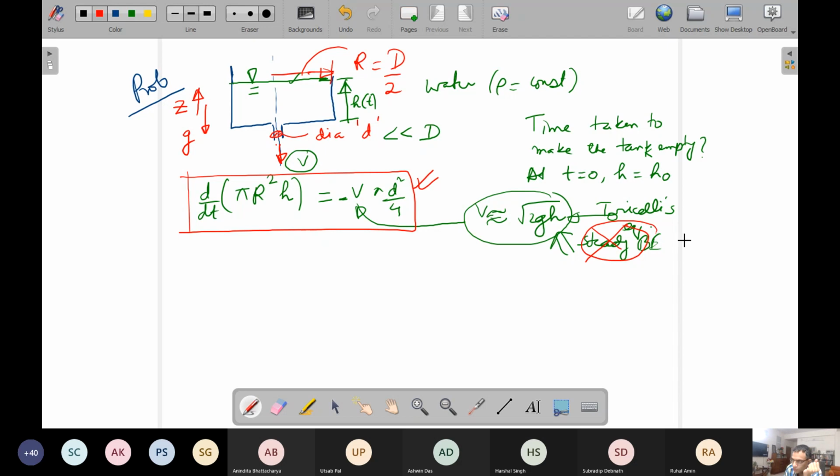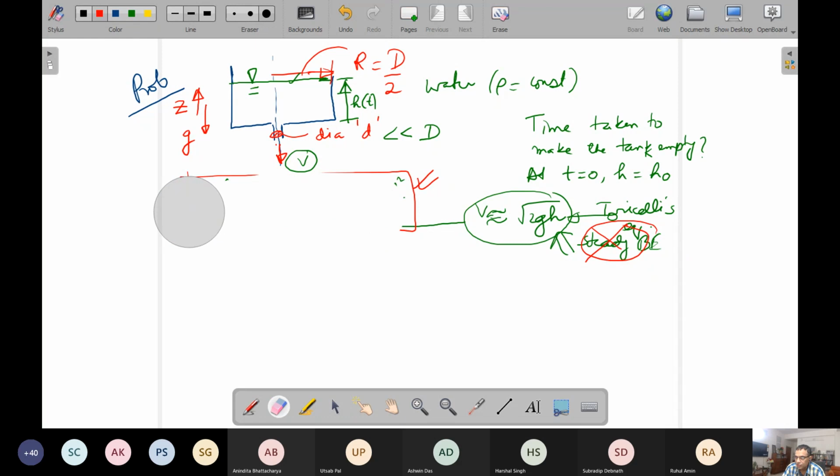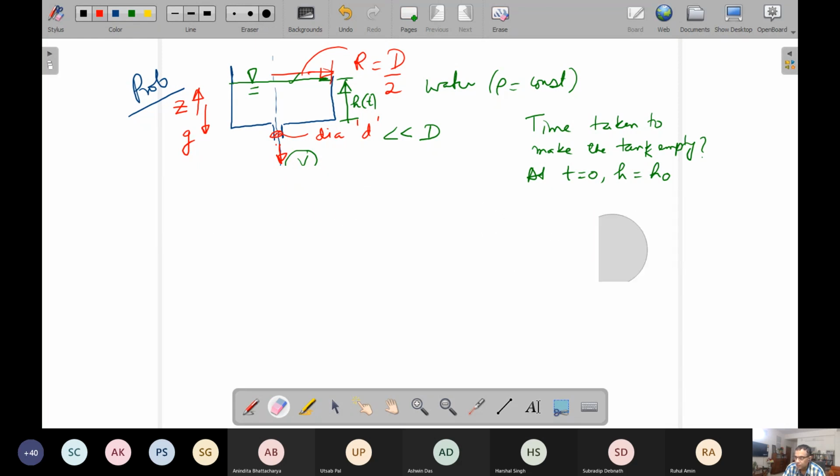But steady Bernoulli's equation, I mean, this will ideally, of course, why ideally? Very clearly, it is not going to be the reality because it is not a steady flow. I mean, the free surface may be moving down slowly. The tank is draining slowly, but it is changing with time. So this is the first contradiction that we have marked, before solving the problem.